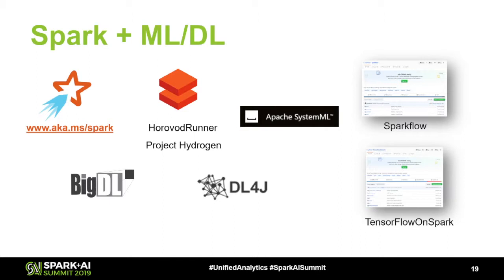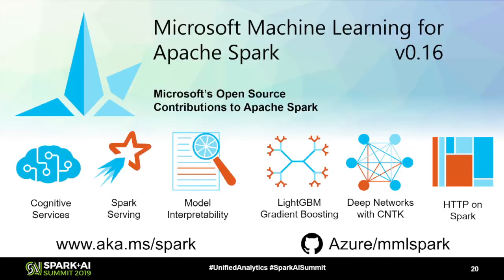Project Hydrogen, you saw some of this last year, and I'm sure this year there are a few talks on it. There's work in Apache called Apache SystemML, and many, many other efforts that look at trying to run, whether it's TensorFlow or machine learning jobs, on a Spark cluster, right? So many of these, I encourage everyone to take a look at. Today, we're just going to focus on two. One is being able to use the ML runtime in Databricks to run distributed deep learning jobs, as well as what's there in MML Spark.